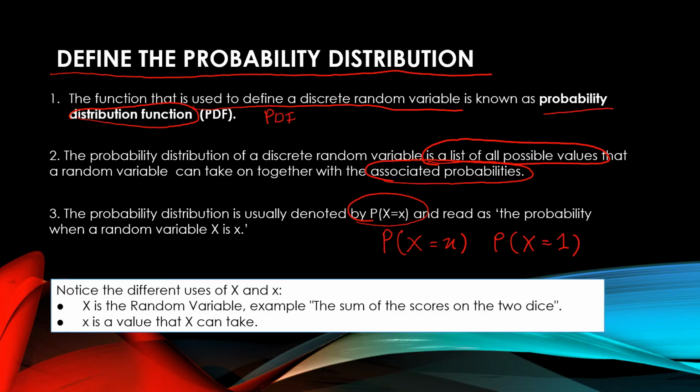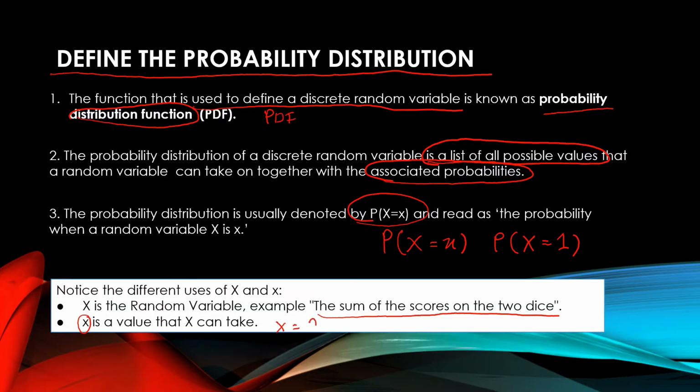Notice the different uses of capital letter X and small letter x, where capital letter X is the random variable. Example, the sum of the scores on 2 dice. Whereas small letter x is a value that X can take. For this example, which is the sum of the scores on 2 dice, we can write our small letter x